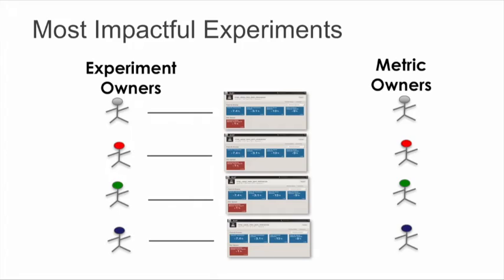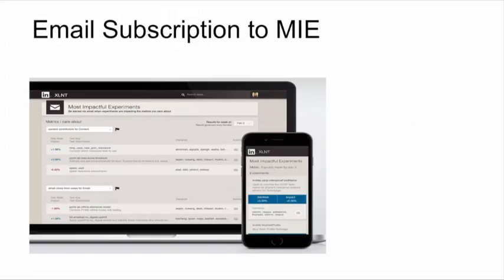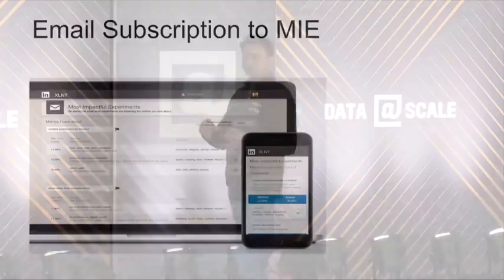And if you're a metric owner, you don't necessarily know which of the hundreds of experiments that are running live are actually affecting your metrics. This is something that through this product we can enable, connecting these different experiments with these different metric owners. And the way you typically do it is something called the most impactful experiments. So if you're a metric owner, you can actually go to this product, Excellent, and